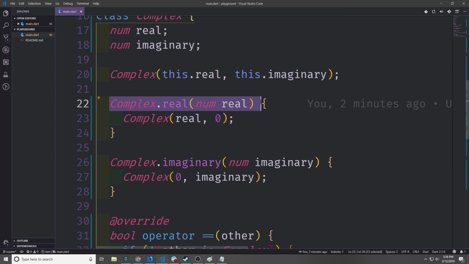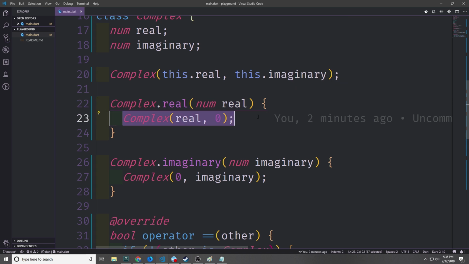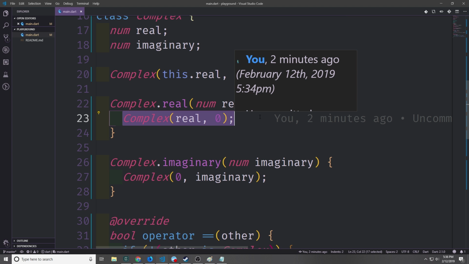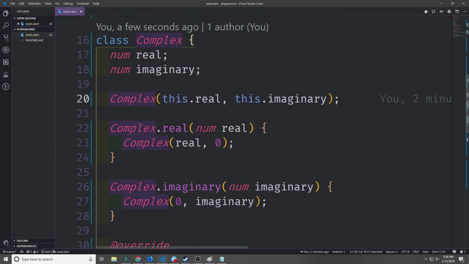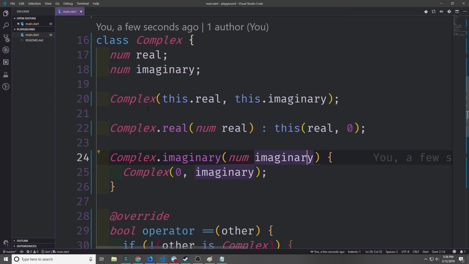When we call to this named constructor, it creates the object, and then it calls to the other constructor, which then doesn't properly execute. So we need a way of calling to this constructor before the object is actually created. We can do this by way of what's called the initializer operator. You can see here it's just a colon, and this says, all right, if you call complex real the named